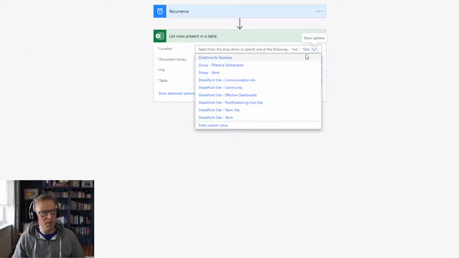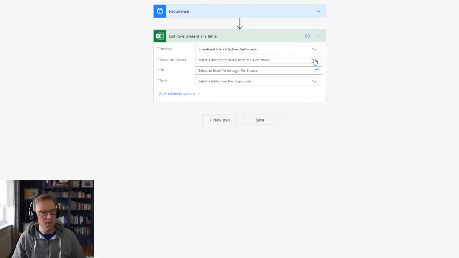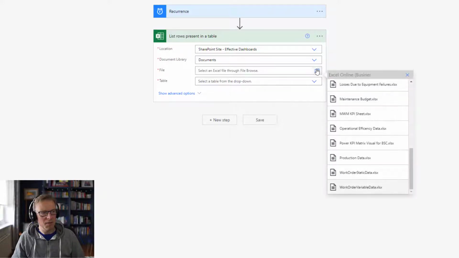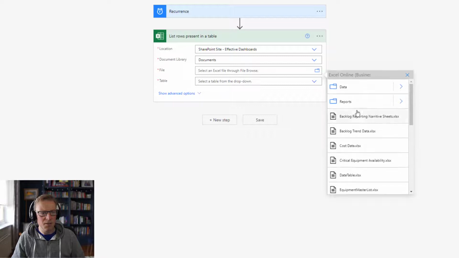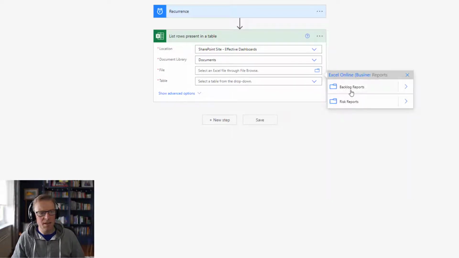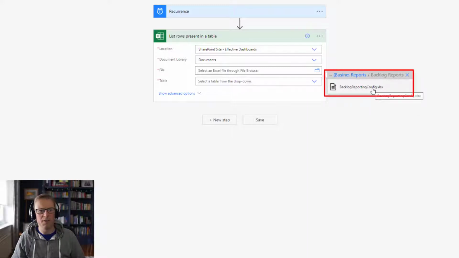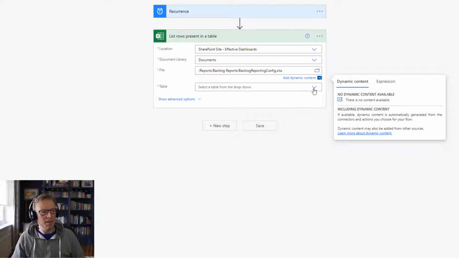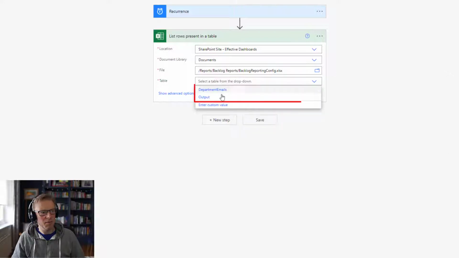So we're going to go and find it, and it's going to be in this effective dashboards. The document library is going to be documents. The file is going to be in here, which is in this reports, backlog reports, and it's backlog reporting config. Okay, and then in here we can see that we've got the list of tables,